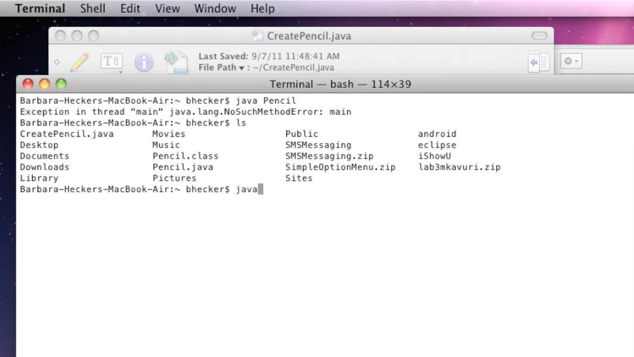And now I'm going to go javac create pencil.java. And hopefully I'm not going to have any errors. I didn't have any quotation marks or anything in there, so it should compile just fine. So now if I type in java, because create pencil has a main method in there, if I go java CreatePencil,